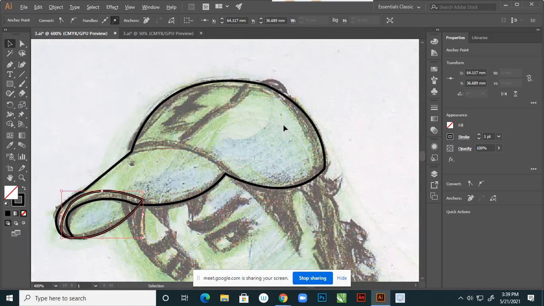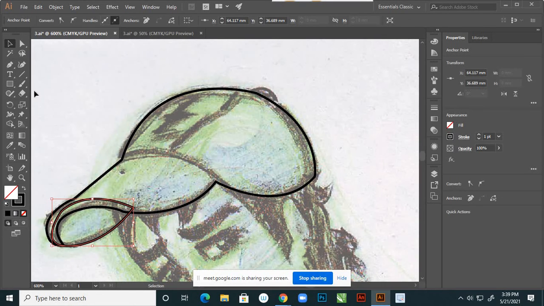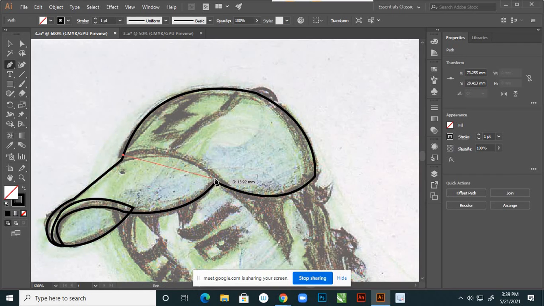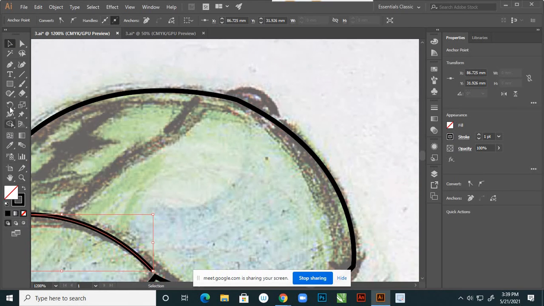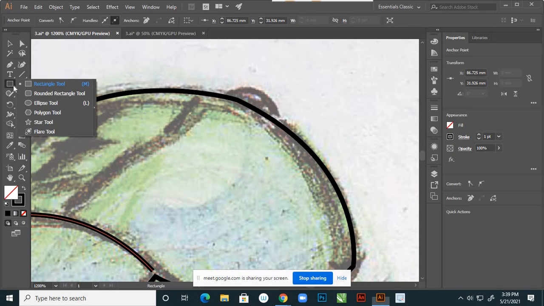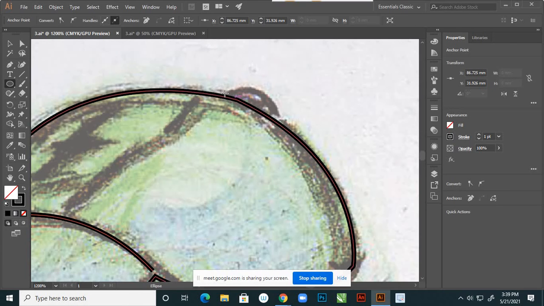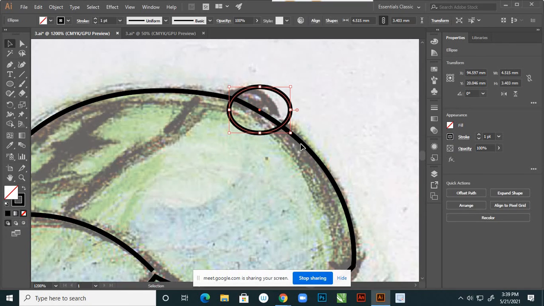So first observe that carefully. Suppose again here I am planning one more line here, so this is over, and here this portion. For that I'm using the ellipse tool, suppose, right, and turn this up to here.